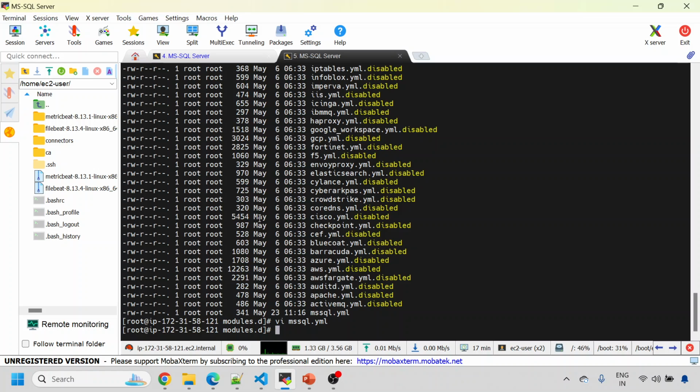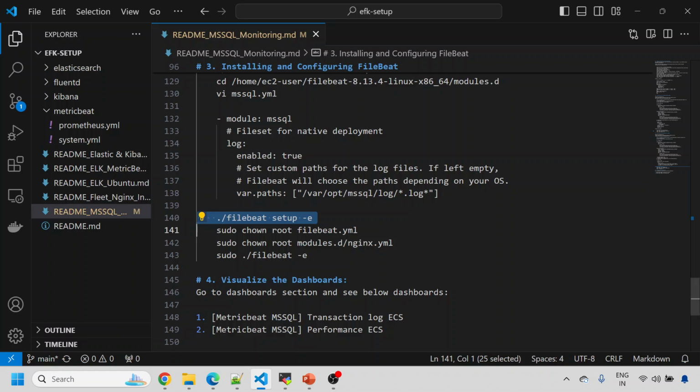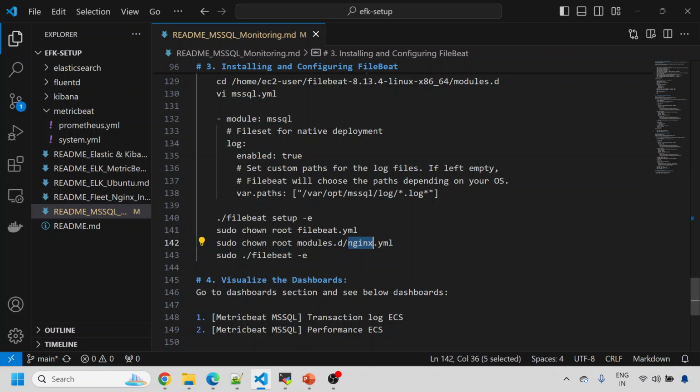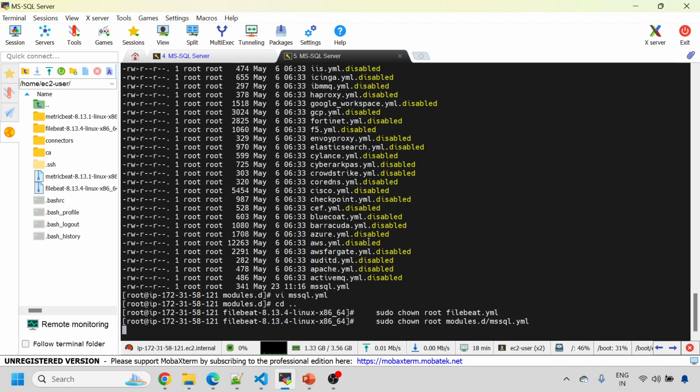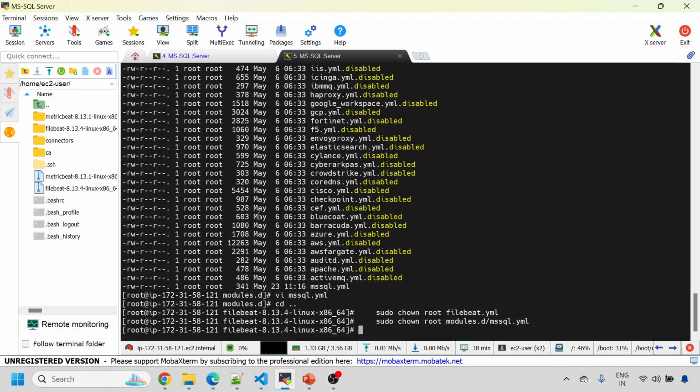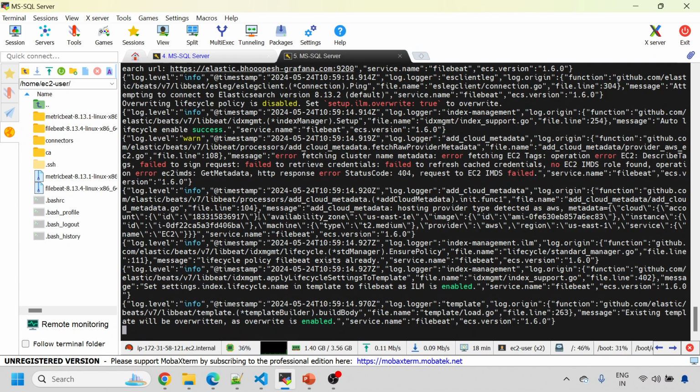Maybe before doing setup, I'll just move one step above. I'll just change the ownership. Okay, I'll just do the MSSQL instead of Nginx. It should be MSSQL, sorry. Perfect. I'll just enable it. I'll do the setup because setup will make sure that